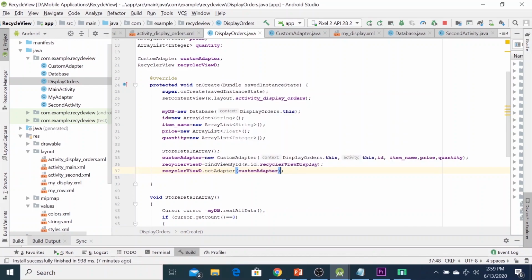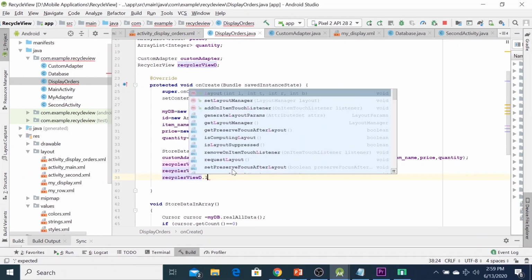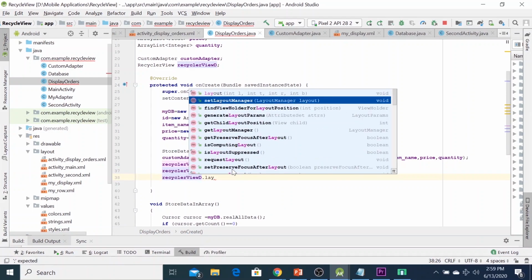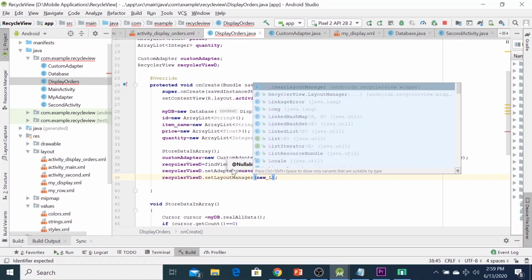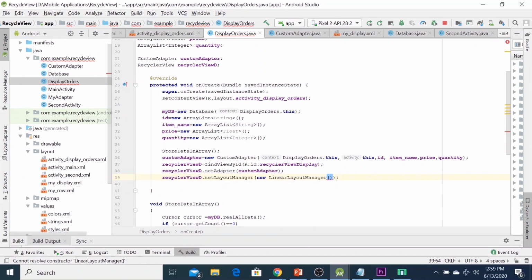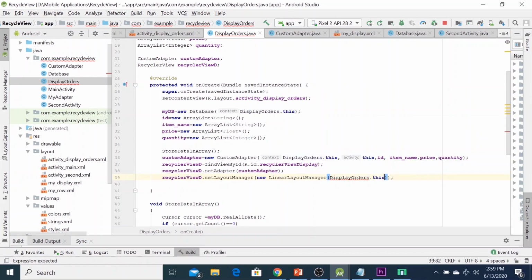And layout manager, set layout manager, new LinearLayoutManager, and DisplayOrder.this. Okay, let us compile this application,